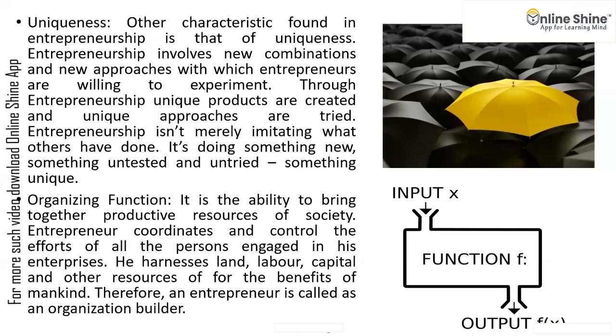Therefore, an entrepreneur is also called an organization builder. So we can see in the diagram the function: input comes in and output goes out. So basically, an entrepreneur can change, and from his idea, he can create a really good solution. Going to the next slide,